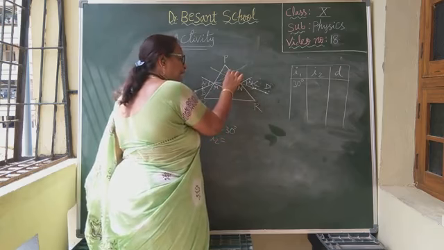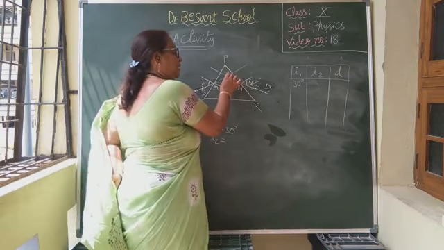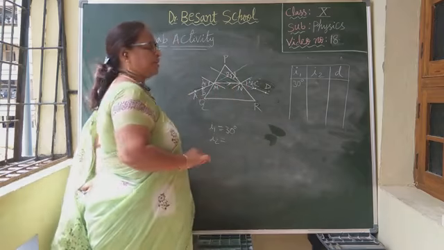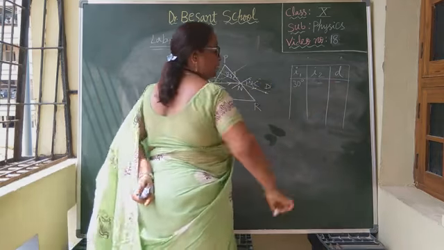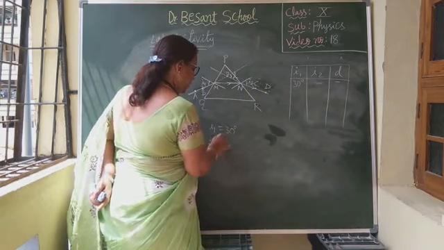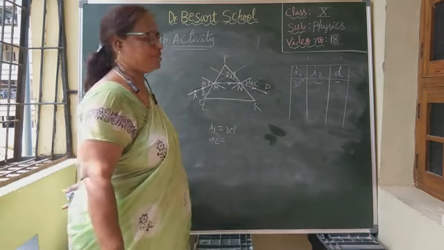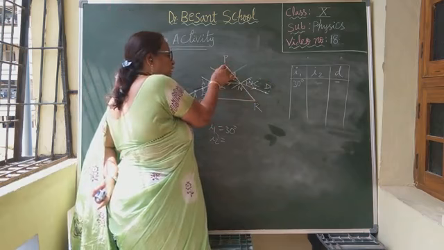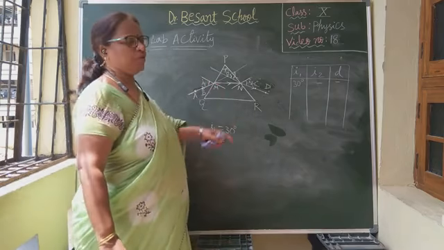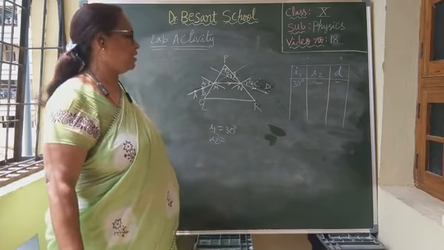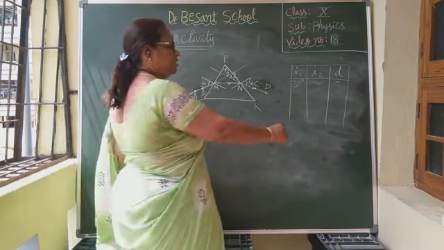Now here find the angle using the protractor, which is the angle of deviation, represented with D. Measure this angle and note down that value here. By doing the activity, we will get the angle of emergence I2 and the angle of deviation D. Understood? And also find the angle of prism A. The angle formed between PQ and PR is the angle of prism. Find this angle also. I hope I am clear, children.